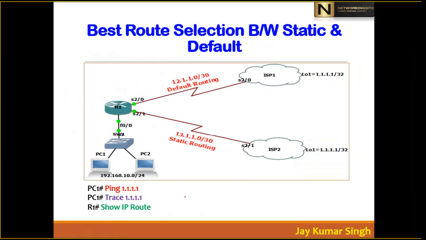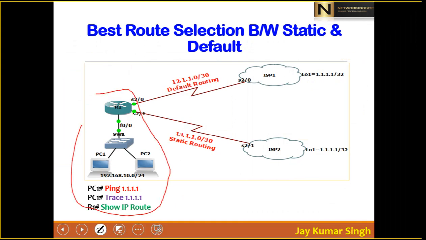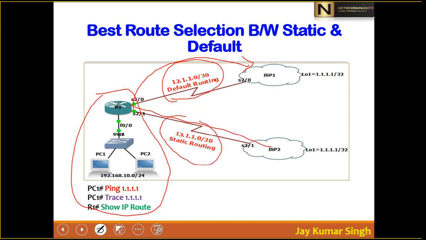I'm saying that suppose you are the administrator of this organization. This is your organization router. Now your organization router is connected to ISP1 with the help of default routing, and your organization is connected to another ISP with the help of static routing. Now when your router is forwarding data, your router will prefer which path, default routing ISP or static routing ISP,